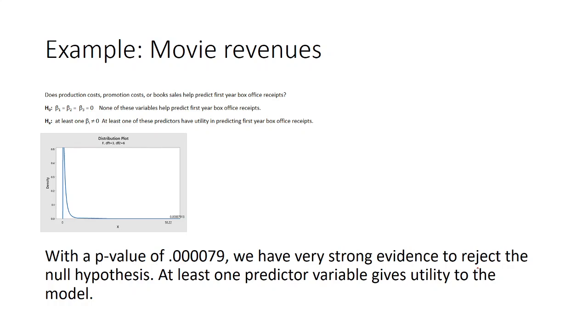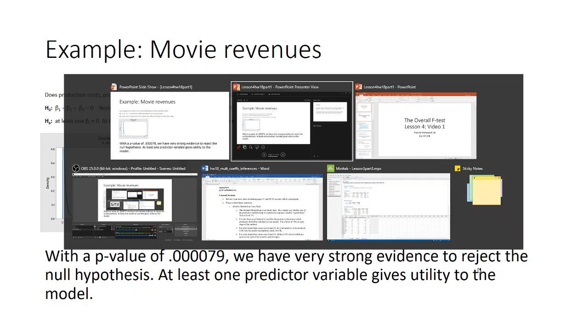So what we would say is, with the p-value of 79 times 10 to the 5th power or something like that, we have very strong evidence to reject the null hypothesis and say at least one predictor variable gives utility to the model. Now let's try one where